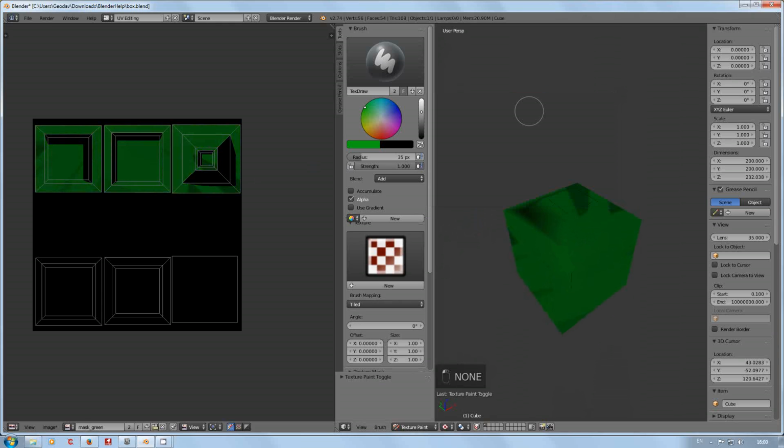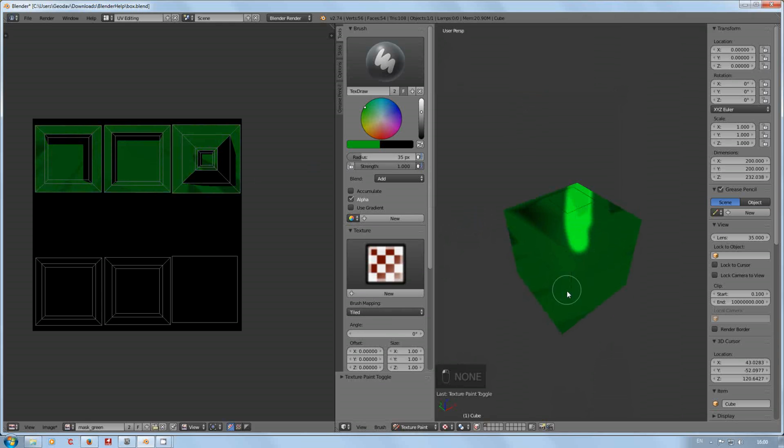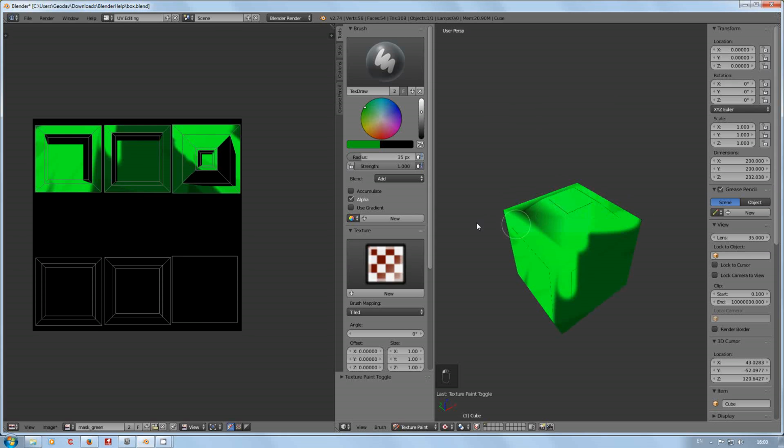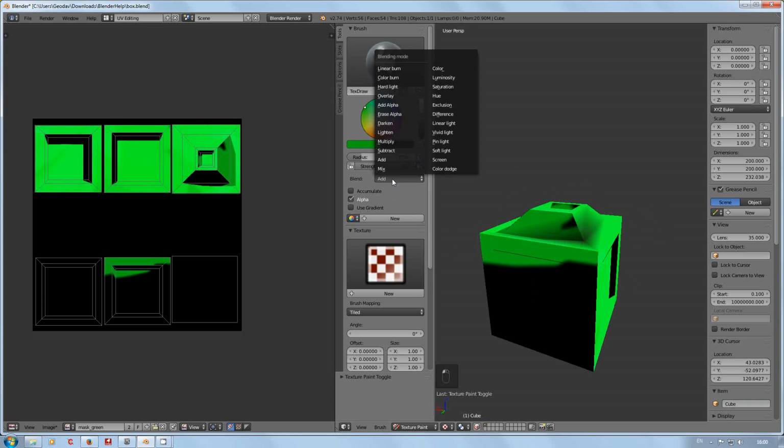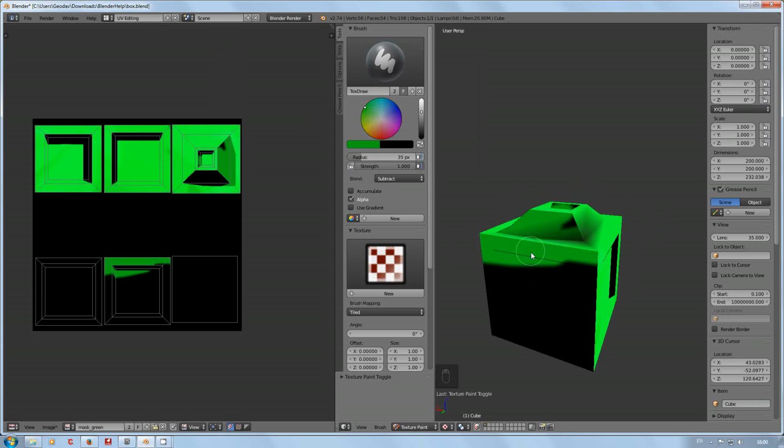And obviously, for some reason, it's a little bit quirky. Okay, so I just wanted to show you that. If it doesn't work, change the type. You could go on to subtract and it'll act as a